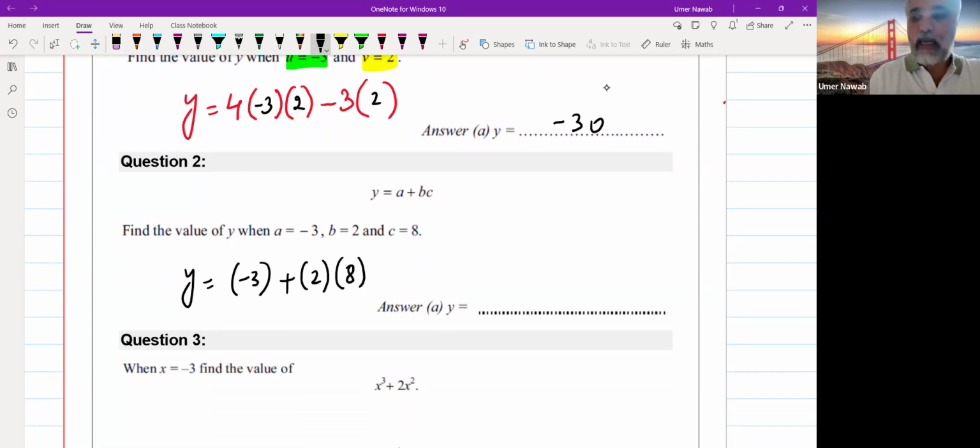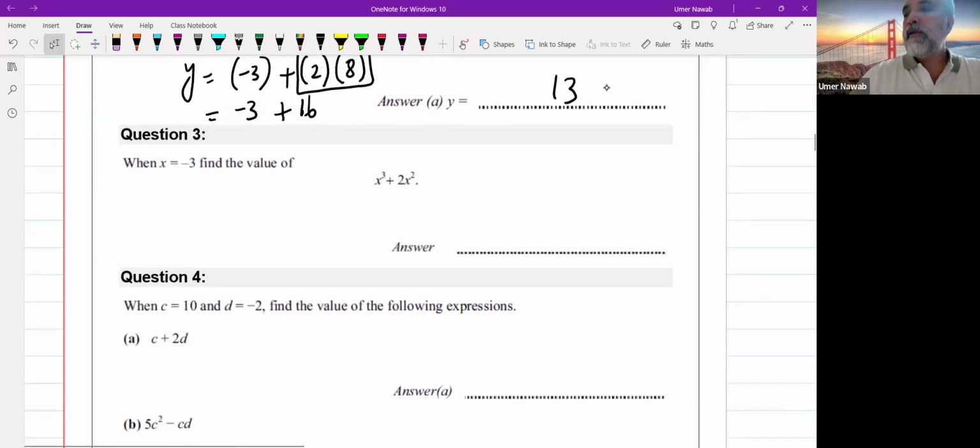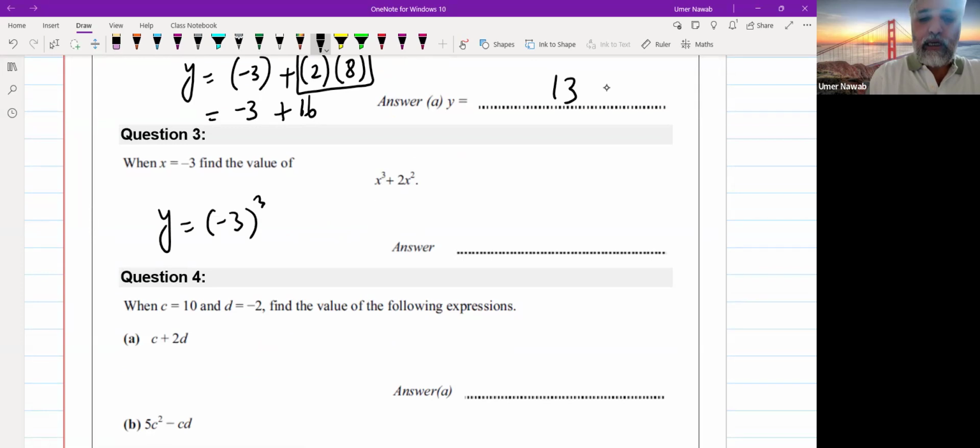B is 2 and this is 8. When I write it in the calculator, or if I try to do it mentally, guys, as per BODMAS, you remember that 2 times 8 is going to give you 16, and then my answer is 13. Straightforward answer. Then we got to go to the next, y equals (-3) whole power 3 plus 2 (-3) whole